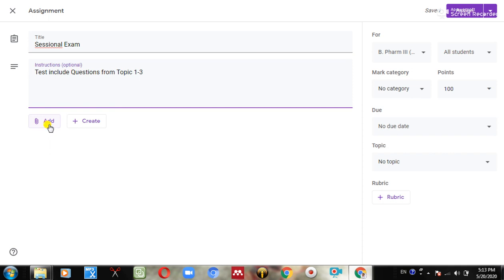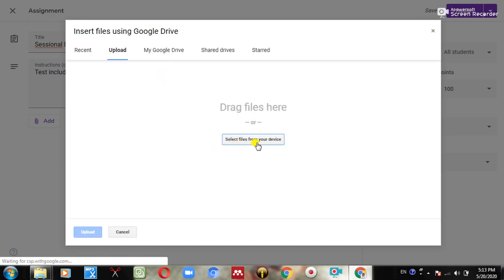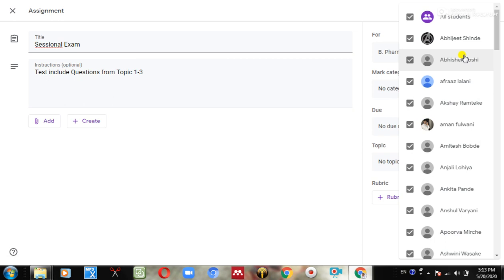Now this is for all BPharm third students. Because there are some academically weak students, some excellent students, some extraordinary students, we have to prepare assignments as per the student requirement. For example, academically weak students need to perform more practice sessions on writing tasks. Some students are very sharp, excellent in their writing tasks and practical work, so they need to perform some tasks apart from regular teaching. So we can assign the work from over here. Right now it shows all students.